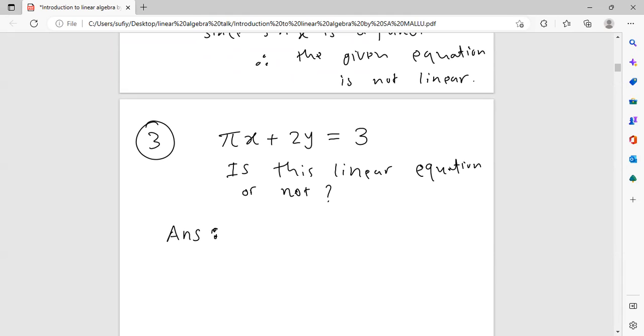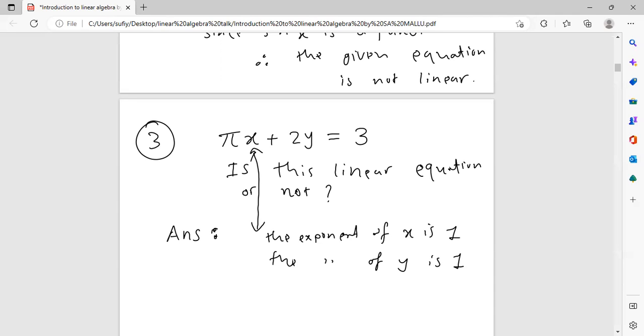Why? Because if you look at this equation, the x here is a variable and it has power 1. So in this case, the exponent of x is 1, and also the exponent of y is 1, together with some constant. Remember, pi is a number, approximately 3 point something something. So pi is a number which multiplied by x, so x is a variable where